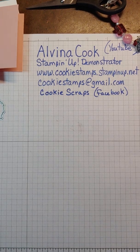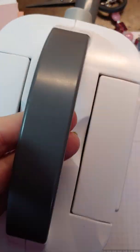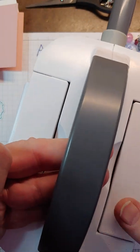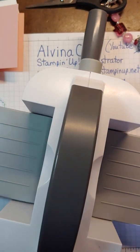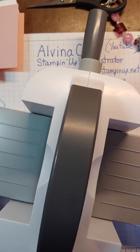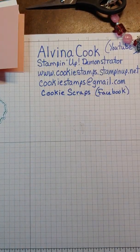Greetings! Okay, if you remember, I said I would bring back the mini boss, the baby boss I called it. It's actually called the mini Stampin' Cut embossing machine, and I'll show you how it works. Okay, I will do that. Let me just set it aside for a moment because I came up with a little project, a quick project,